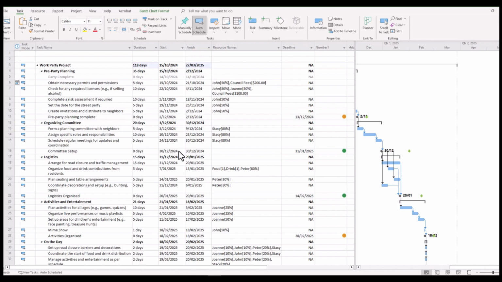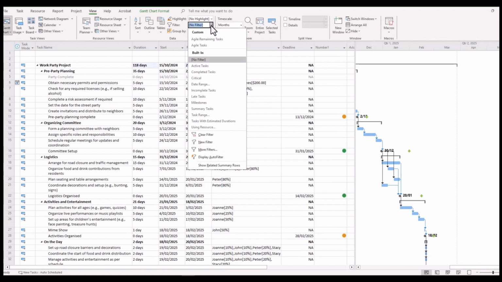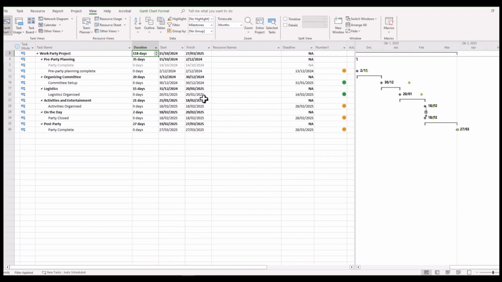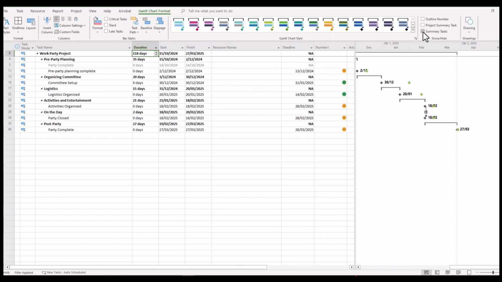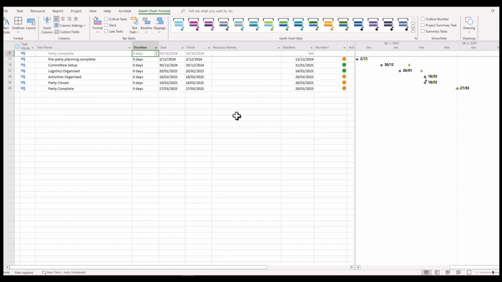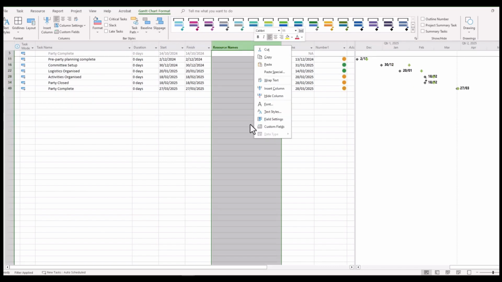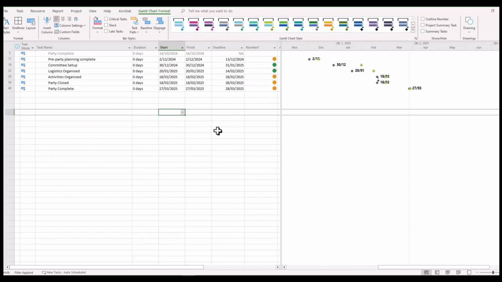Now you'll notice here that I've only nominated deadlines against project milestones. So if we want to tidy this up, we can simply go and filter using the View tab, filter to milestones, scroll up, and that tidies things up rather nicely, and we can tidy it up even further by removing the summary tasks if that's convenient. And there you have a neat little summarized schedule which can be used to share those high-level activities or milestones with your wider project team.